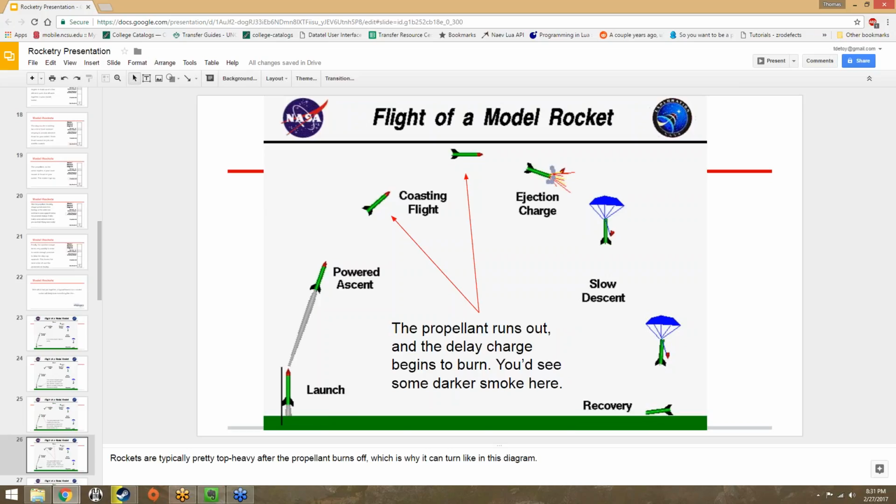But anyway, it's no accident here that they have the rocket sort of starting to tilt sideways as well, because generally when you're building a model rocket,